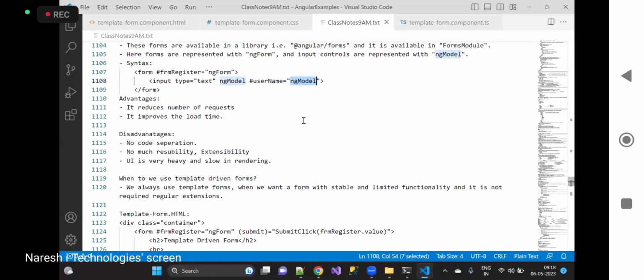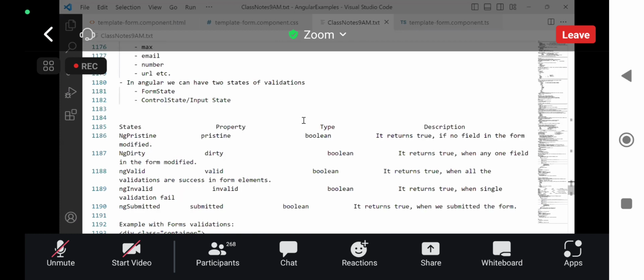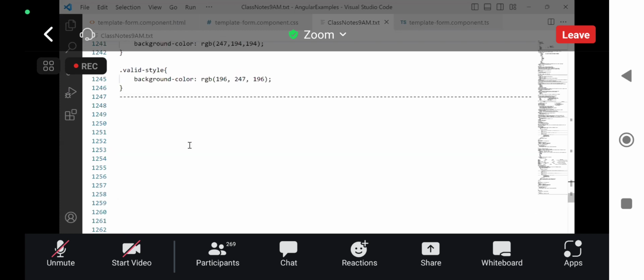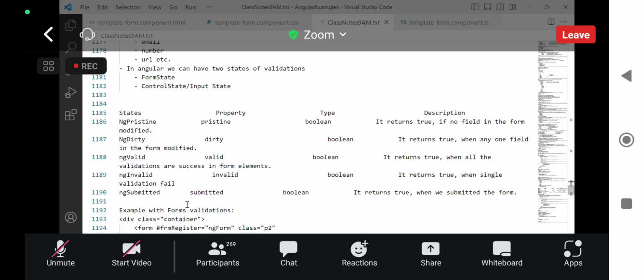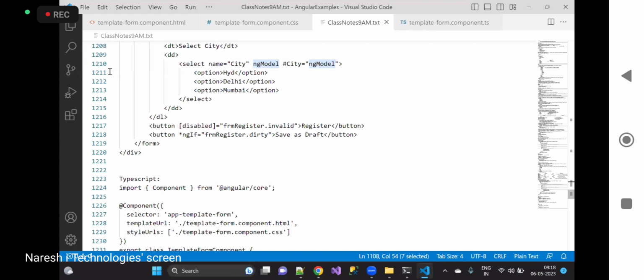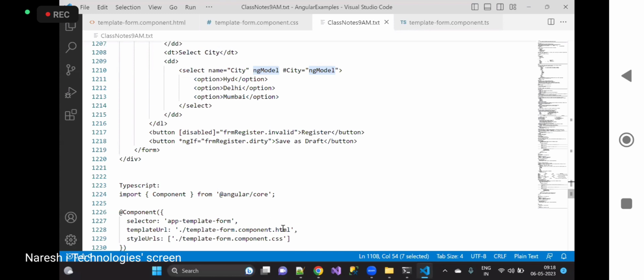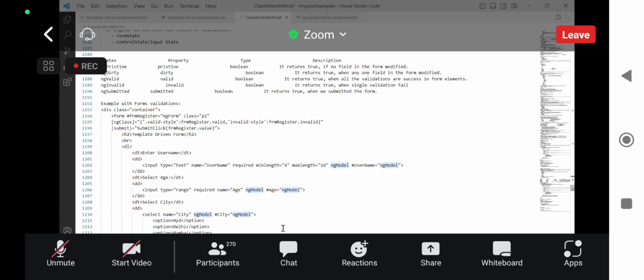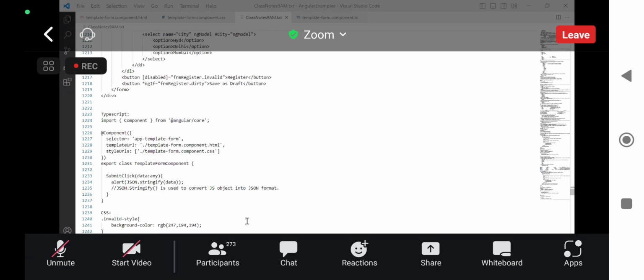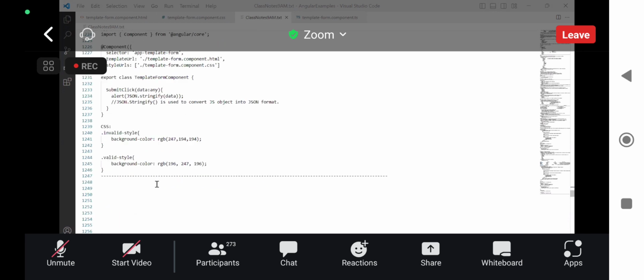Now in today's session, we will understand, like yesterday, if you can remember, I have explained you few validations here. I have explained you few states of the form, those are going to be ng-pristine, ng-dirty, ng-valid, ng-invalid, and ng-submitted. But these are going to be used at where? At form level. But apart from that one, we have control level,